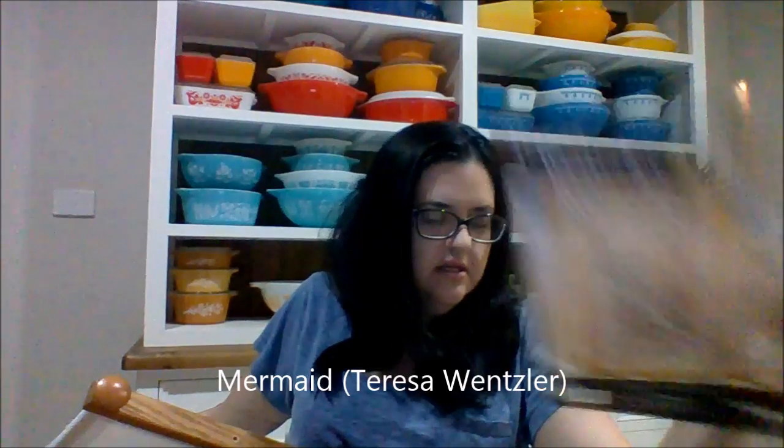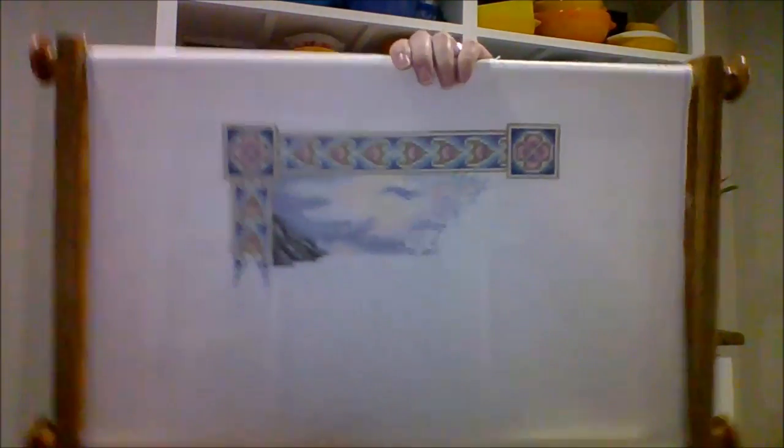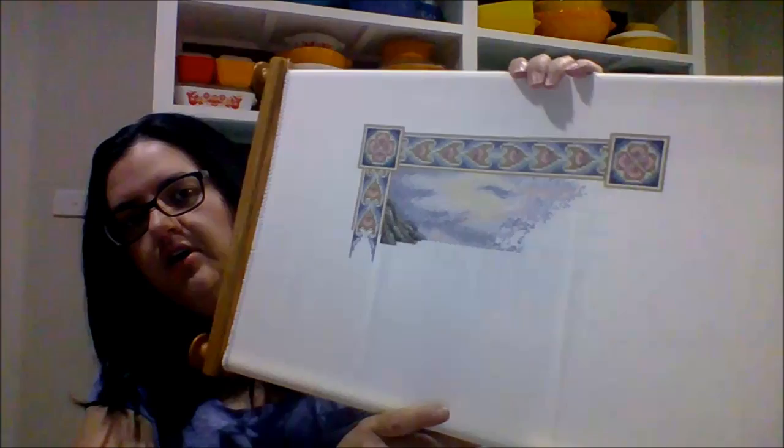Next WIP is Teresa Wentzler, Mermaid. I've been stitching her this past week and this is where we're at. I think I've stitched this bit of the sky. So not a lot, but I've only stitched it probably 3 days